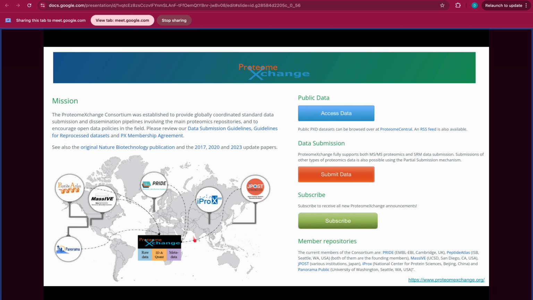You can simply go to ProteomeXchange, and this contains raw data, IDs, and quantification data as well as metadata. So these types of data can be accessed from ProteomeXchange. There is an option called access data. So if you want to access the data which is stored in the ProteomeXchange, you can simply click on access